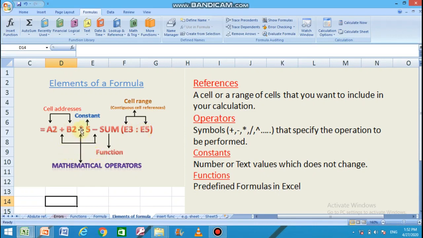Plus, asterisk, this minus symbol, all are representing mathematical operators. These are the special symbols which will perform a specific operation which they represent. For example, plus represents the addition, asterisk represents the multiplication, the hyphen minus sign is representing the subtraction process.